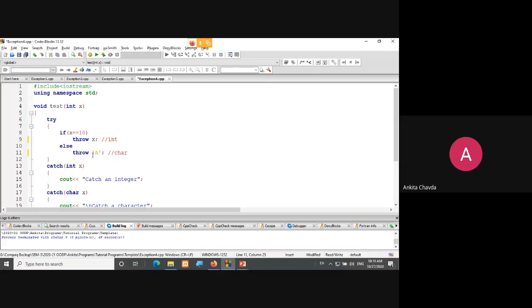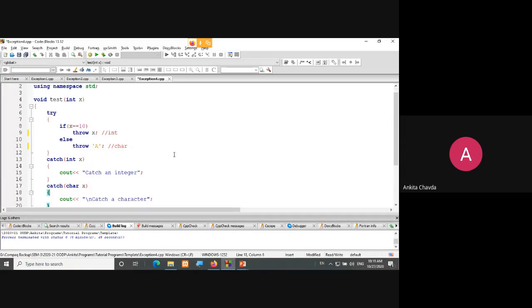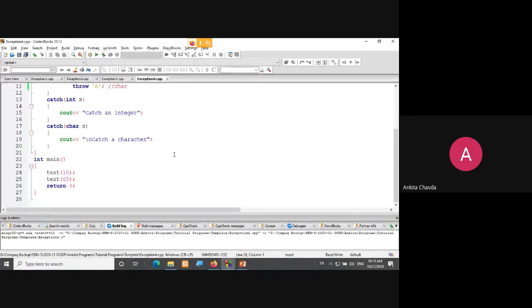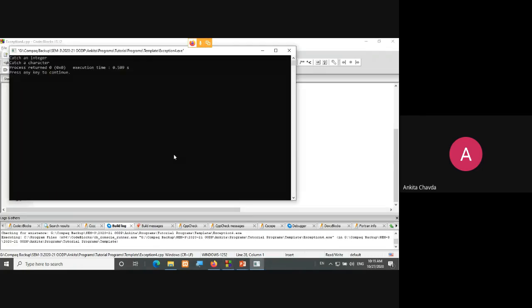If I give test 65 or test 1, test 2, test 3, anything, then it will throw a character kind of exception, right? So this is what we are doing. I'll simply run this program. First time it will catch an integer, second time catch a character.